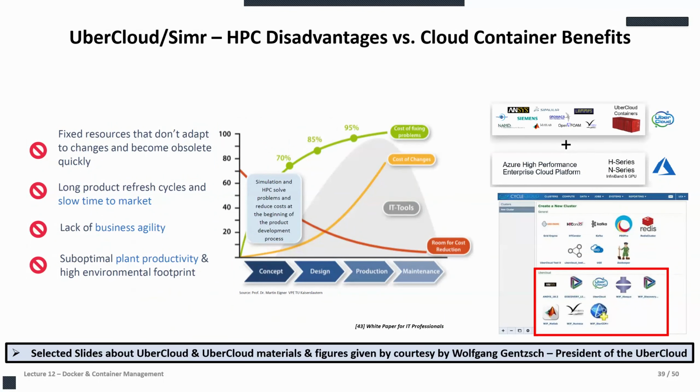Again, maybe comparing a bit when you think about pure HPC in contrast to the UberCloud and SimAir containers, with all the different packages you see here: NAMD for molecular dynamics, and GROMACS, for instance, which we didn't really talk about yet, but these are also very known packages, in addition to ANSYS and OpenFOAM, which we already discussed.